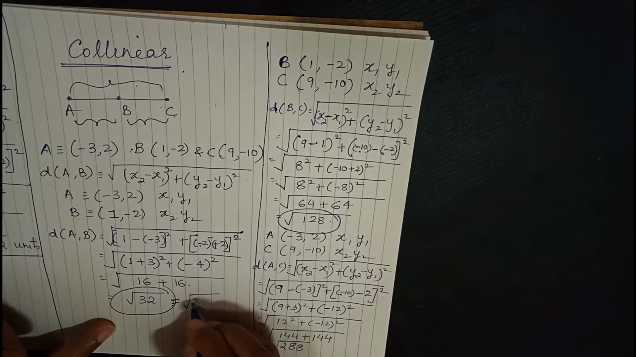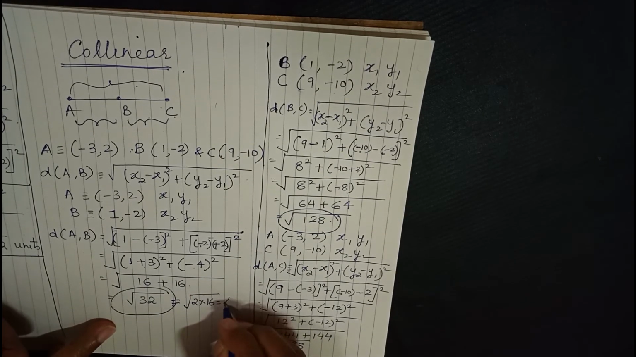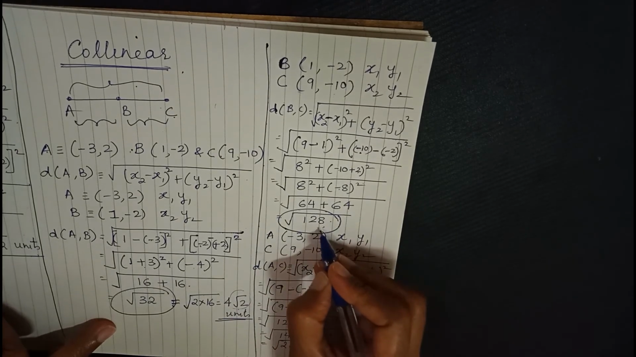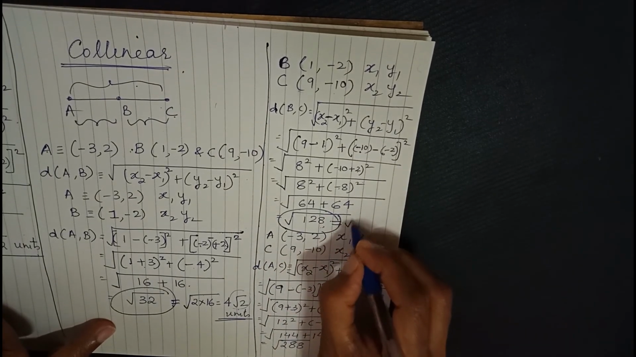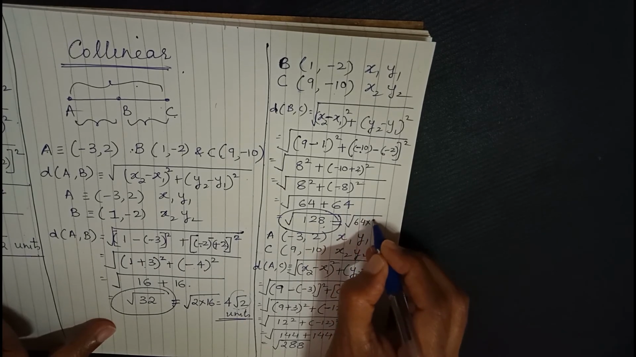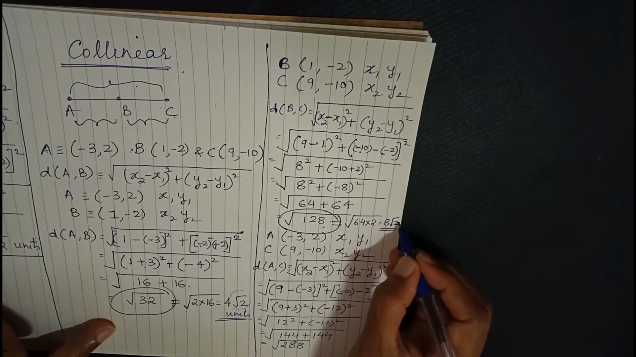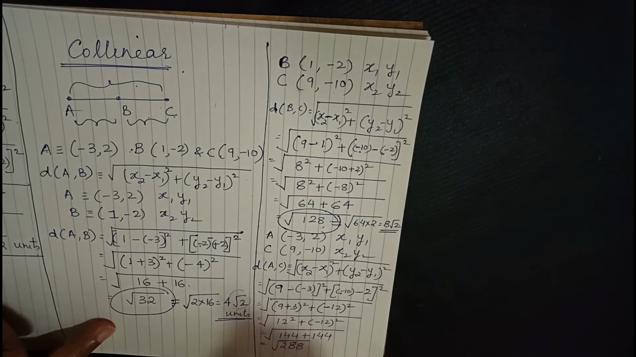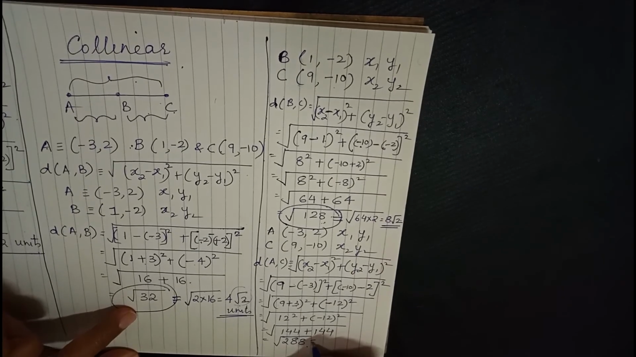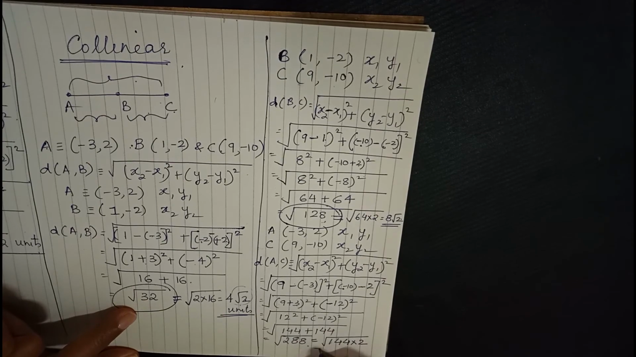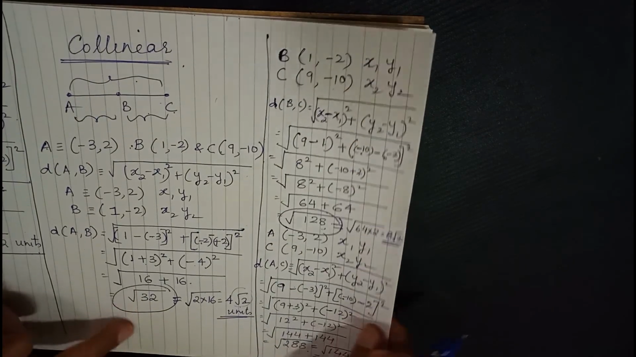Now this can be written as 2 into 16, or nothing but 4 root 2 units. Right? So I got a root 2 here. Similarly, I should be getting a root 2 here also. So now this can also be written as 64 into 2, which is nothing but 8 root 2. So now here you see, you got a root 2 here and we got a root 2 here. Similarly for this also, if I want to remove it, I have to write it as 144 into 2, which is nothing but 12 root 2. So I got the three distances. Now I'll just write them